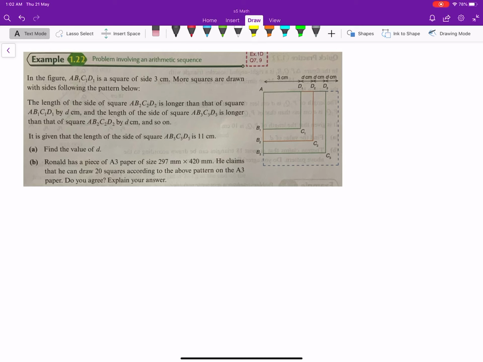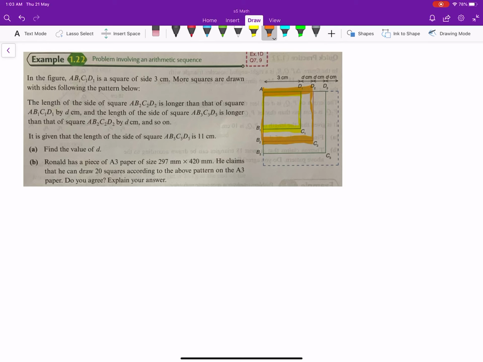Now this is more complicated when you look at the question. But actually, if you understand the wording and the concept behind, they are similar. Now in the figure A, B1, C1, D1, it means this is the first square, and the 3 cm is already shown in the figure. And more squares are drawn with sides following the pattern below. The length of the side of square A, B2, C2, D2, this means this one, the second one,